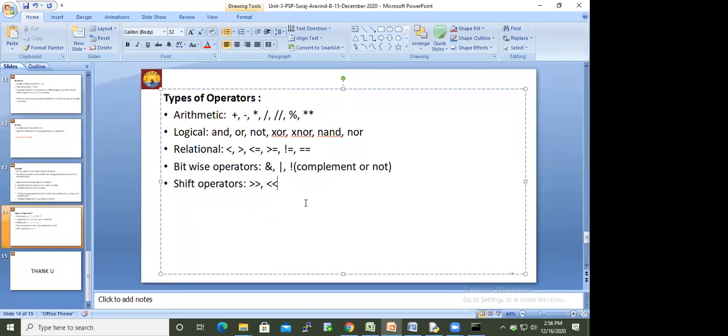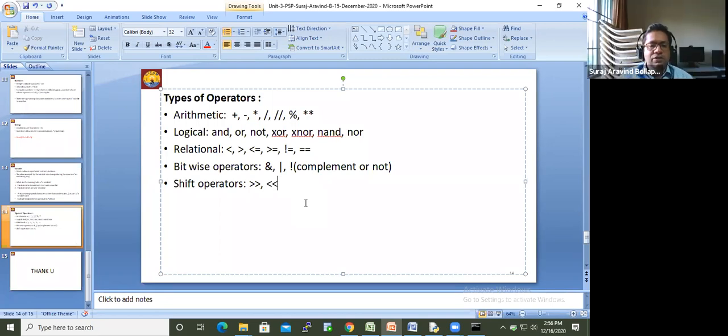Unary operators. So this is one category. Another category is based on how many operands you supply. Binary operators take two operands. All these are binary operators. So for plus you need A plus B; A and B are the two operands.